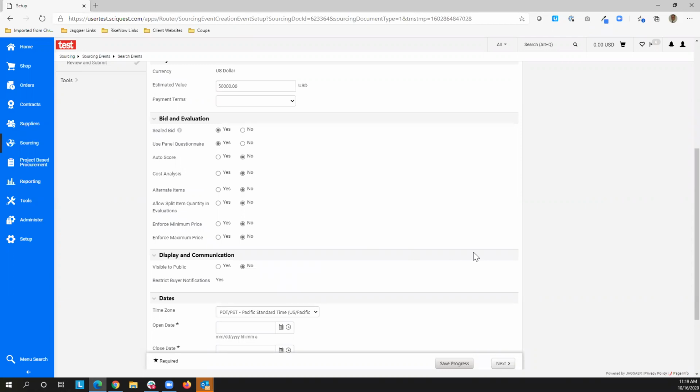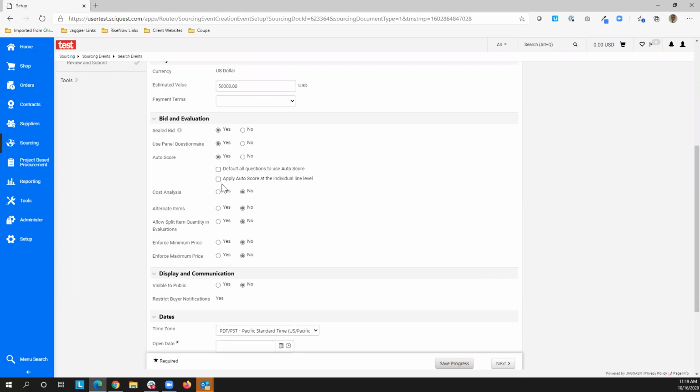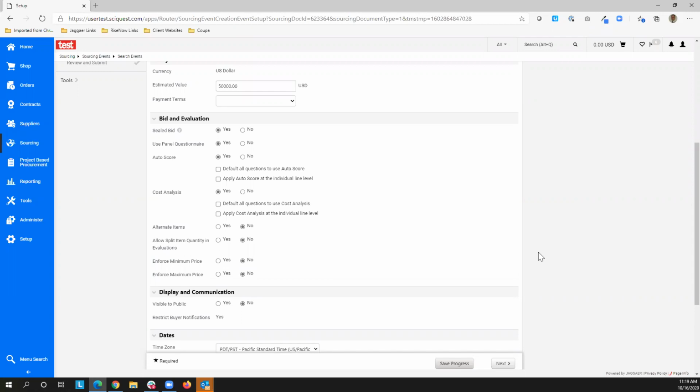Below that, we have panel questionnaire. What a panel questionnaire allows you to do is invite panelists to rate suppliers in a panel questionnaire. And then that rating can be used to determine who we want to award the sourcing event to. We also have auto score and cost analysis options. The auto scoring and cost analysis allows us to ask questions in the sourcing event, and then we configure the possible answers that the supplier could come back with, and you can automatically score the suppliers based on the answer that they provided, or reduce their cost based on